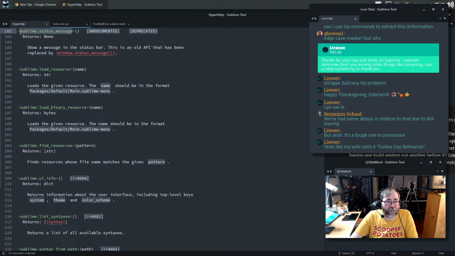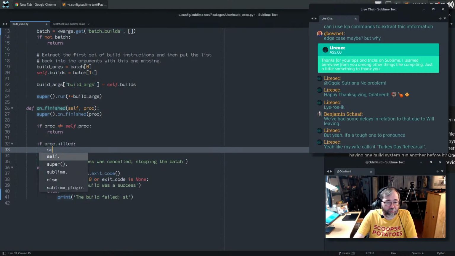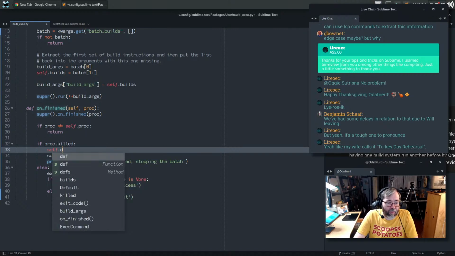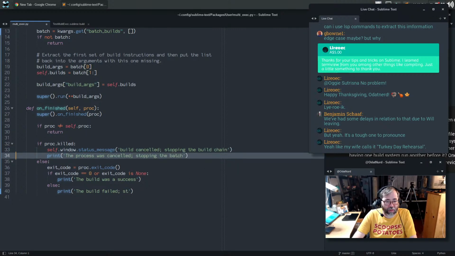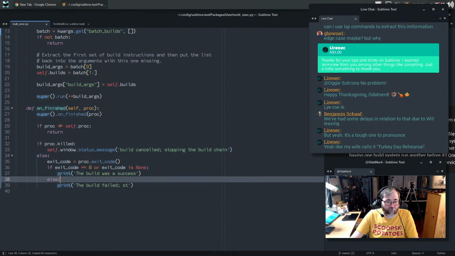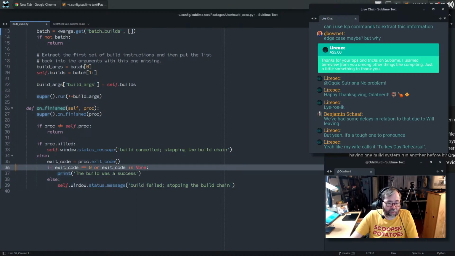Status message. It's been replaced by window status message. Okay, so this would be self dot, oh, come on, window dot status message. Build canceled, stopping the build chain, let's say. And this one would be something like build failed, stopping the build chain. And here,